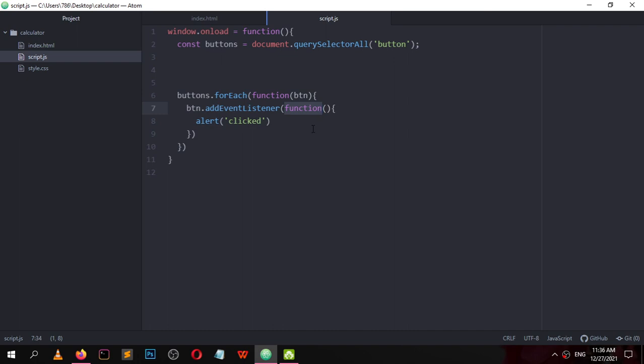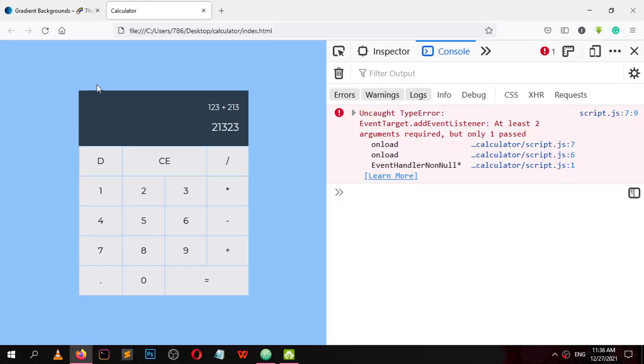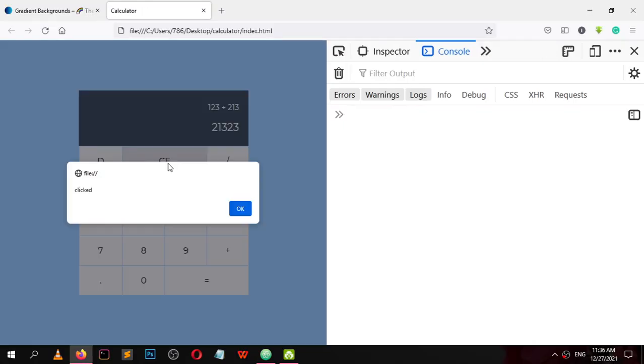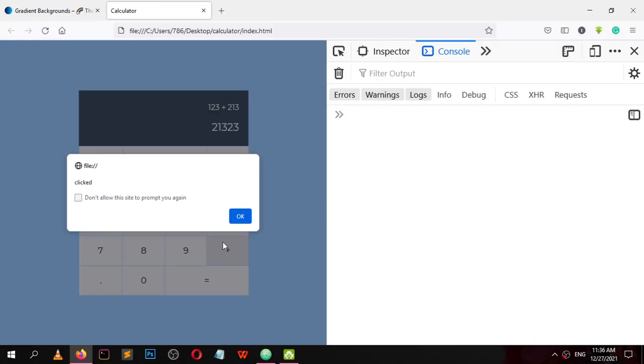We missed the event type. So when someone clicks, the event we are passing is click. Whenever a button is clicked, we should alert click. Now reload and click.